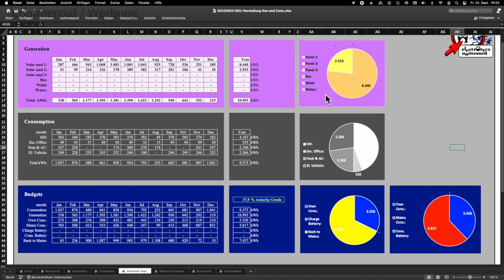Then we have a similar representation for our total consumption. In our case, from the household, small office, air conditioning and heating, as well as an electric vehicle. At the bottom, not just the totals are computed, even if it looks that way at first glance.